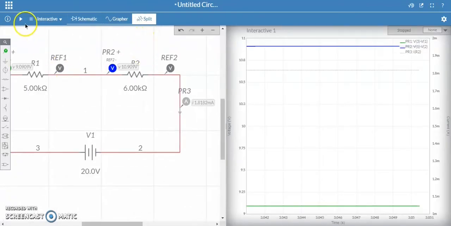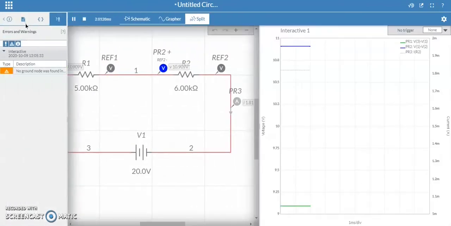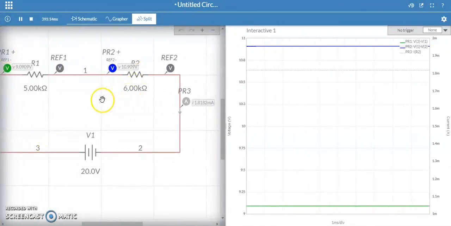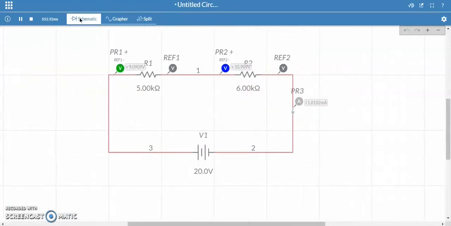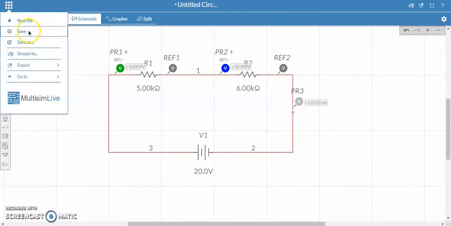We can see the graph of this diagram, or see the graph and circuit diagram both. We will stop the circuit simulation.